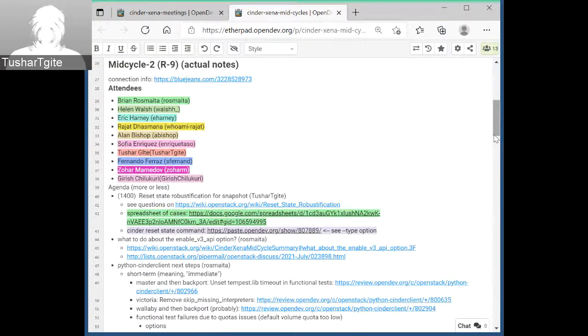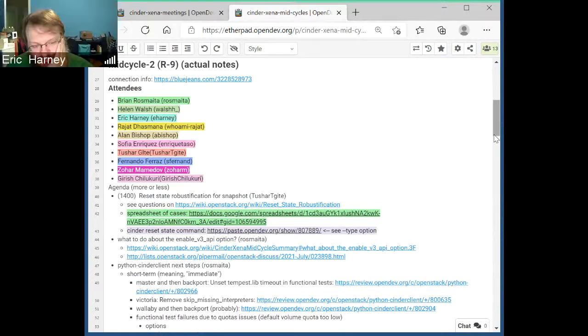I'm wondering if you really, in general, ever want to reset a volume to anything other than either available or error. I'm not sure that resetting it to almost anything else is actually going to result in anything good happening. What I'm getting at is that the list of destination statuses that are actually useful and sensible may be fairly small.